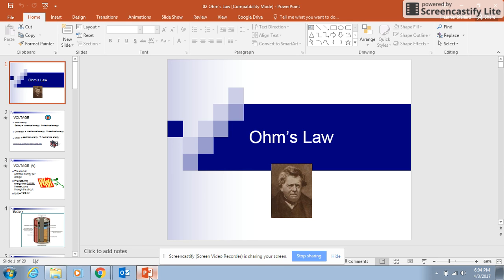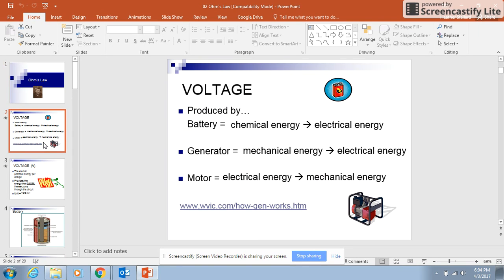Okay, so now I want to talk to you guys about Ohm's Law. I got you a little picture here of Mr. Ohm so you can see what he looks like. Some people say he looks a little angry, but I'm not quite sure that's what's going on here, but who knows? All right, so the first thing that we want to talk about when we talk about Ohm's Law is